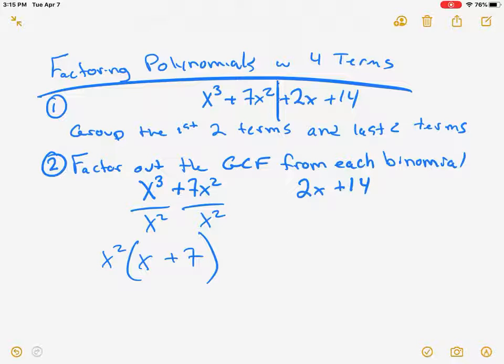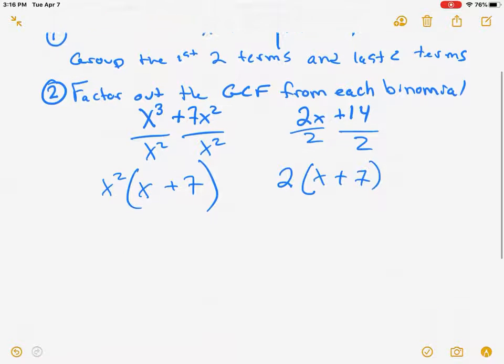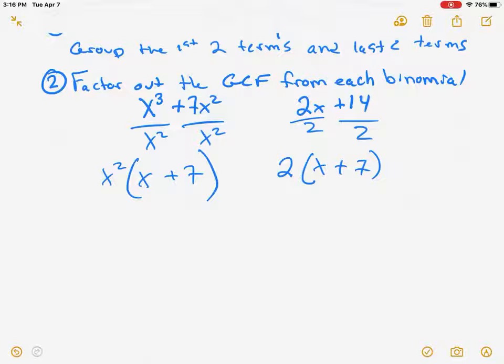Then over here, what can we take out? We can take out a 2. All right, so we take out a 2 here, 2 here. That leaves us with 2 times x plus 7, right? Now, let's take a look at our third step. Right, now we're going to factor